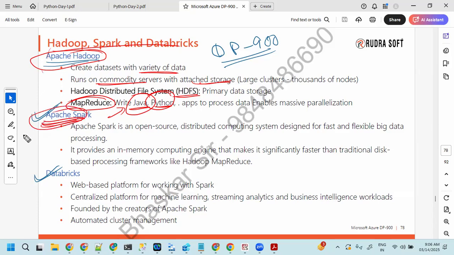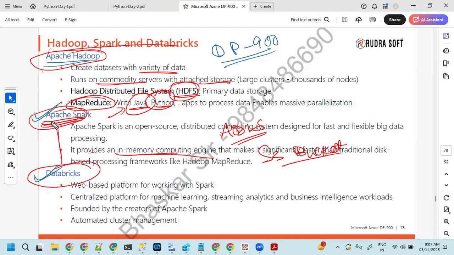Apache Spark was introduced, and it is an open source distributed computing framework. It does not have storage. It is only a processing framework. No storage is available. So this Apache Spark can use the Hadoop Distributed File System to store the data, or ADLS can be used to store the data, or an S3 bucket will be used to store or to read the data. And Apache Spark is an in-memory computing processing engine. We are going to spend time with Apache Spark at the time of Databricks. And Databricks is created on top of this Apache Spark. The persons who developed this Apache Spark are the owners of this Databricks.